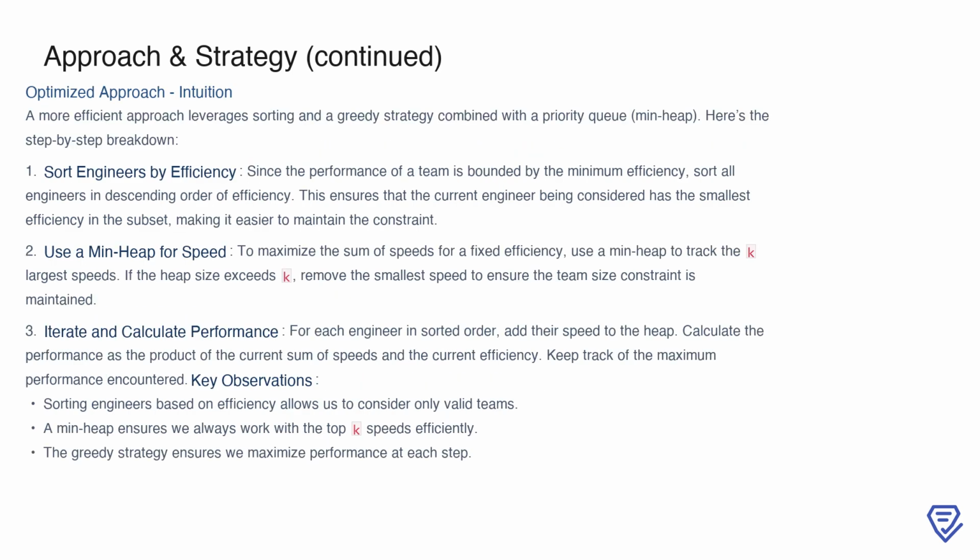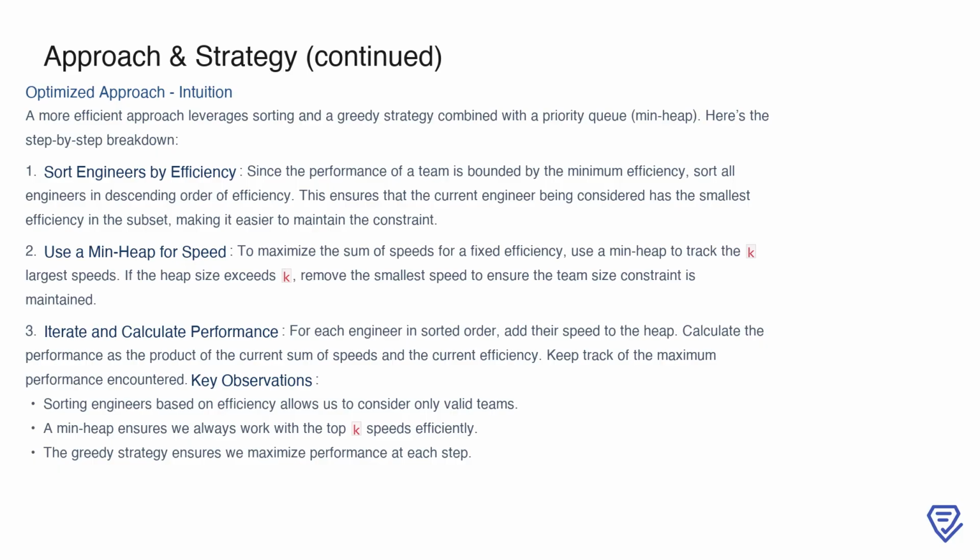To address the inefficiency of the brute force approach, we turn to an optimized method that combines sorting, a greedy strategy, and the use of a priority queue or min-heap. In this approach, the first step is to sort all engineers by their efficiency in descending order. This is crucial because the overall performance of a team is constrained by the lowest efficiency in the group. By sorting, we ensure that as we iterate through the engineers, the current efficiency is always the smallest in the